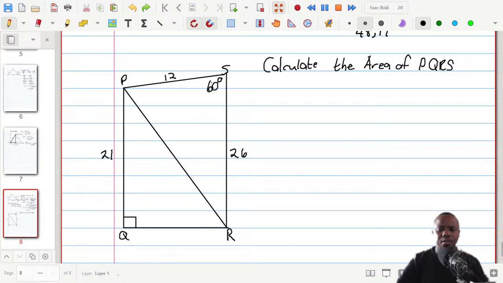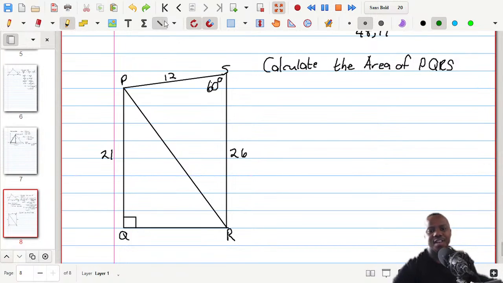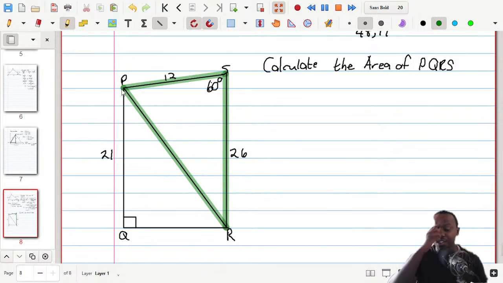Okay, now we look at our last question for the specific session. In this question, we are asked to calculate the area of a quadrilateral PQRS. Now, we need to consider the fact that there are two triangles here. And I basically need to calculate the area of the two triangles. Now let's think about this first. For me to calculate the area of triangle PSR, I can use the area rule because I've got two sides